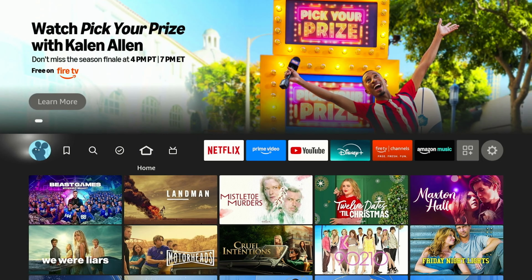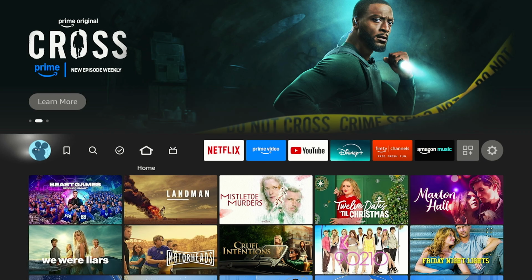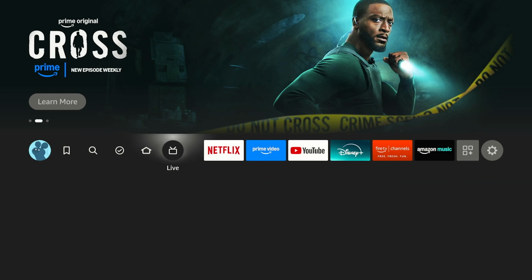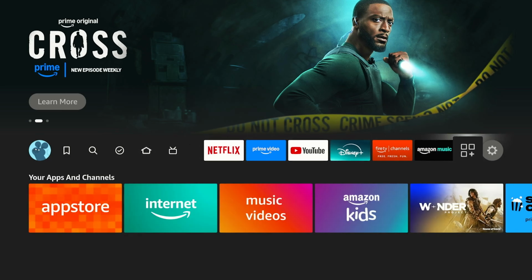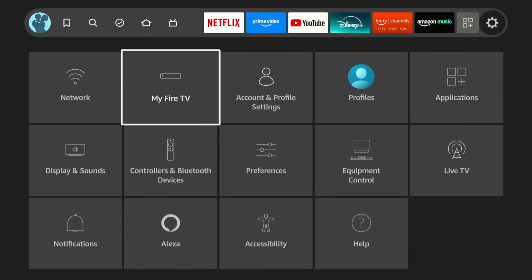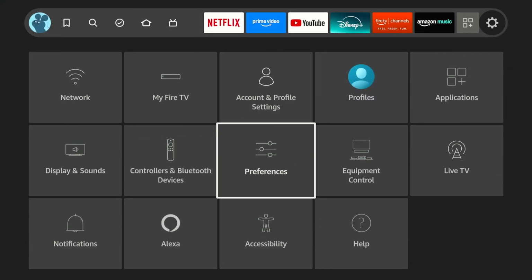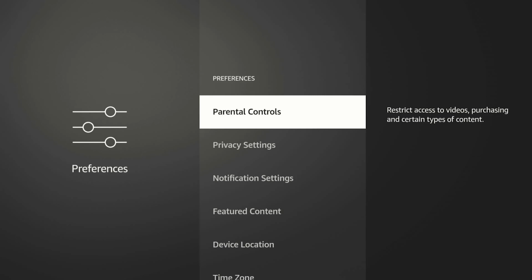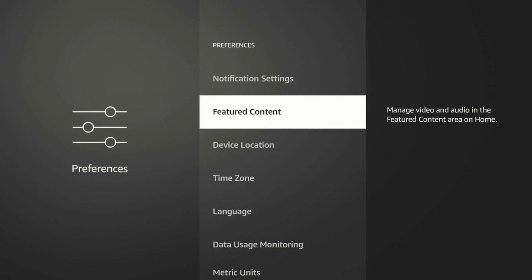Begin by starting off on the home screen, and what you're going to want to do is press the home button on your remote and then scroll all the way over to this little settings icon all the way in the far right. Kind of looks like a gear. Just go ahead and press down and then scroll down a little bit and you're going to see a little preferences tab kind of in the middle of the screen. Go ahead and open up the preferences section, and inside preferences, scroll down and you're going to see a language